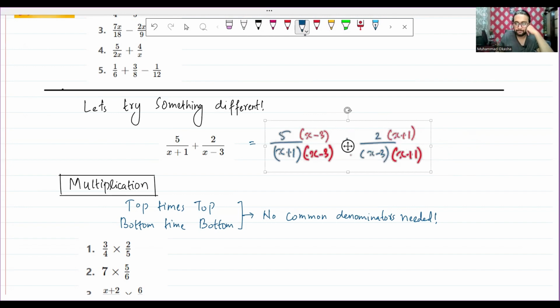Okay, so the denominator is x plus 1 times x minus 3. For the numerator, 5 times x would be 5x, and 5 times 3 would be negative 15. Plus